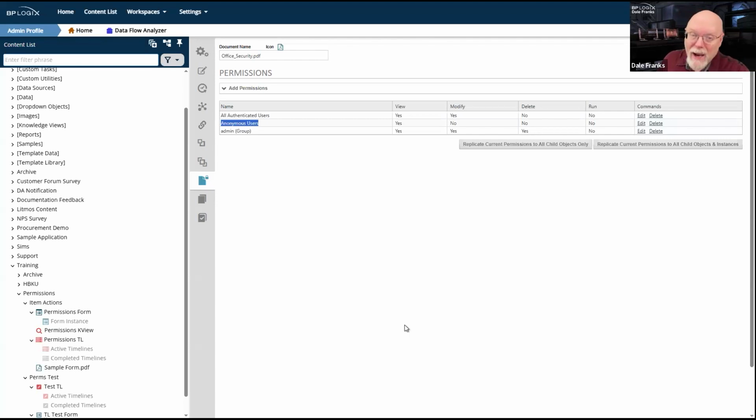With the Item Actions custom task, I have now blown up my system and given it a permission schema that I may or may not want. So you should be aware that Item Actions custom task will allow you to degrade your own security in Process Director. Obviously, you have to specifically configure it to do that. And we're going to trust you that if you specifically do that, that's what you want to do.